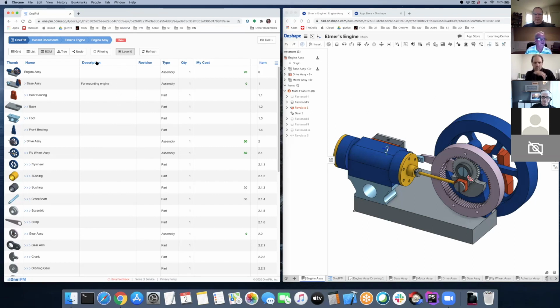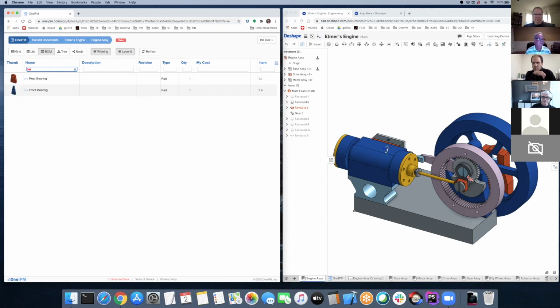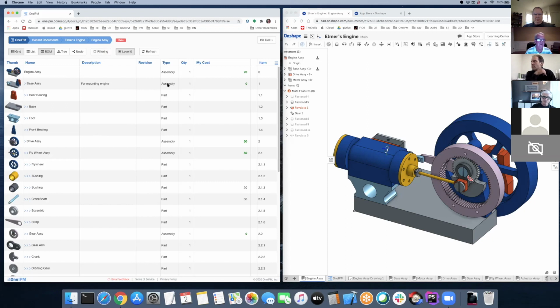Another cool thing I want to show you here is filtering. So I can turn filtering on and say I want to look for things with BE. So there's 2 bearings. I already showed you editing. Just looking at my notes here to make sure I don't forget anything. Oh yeah, so again, looking at the